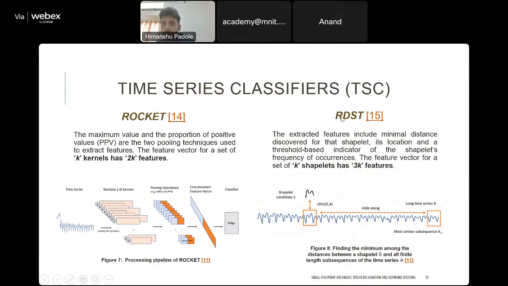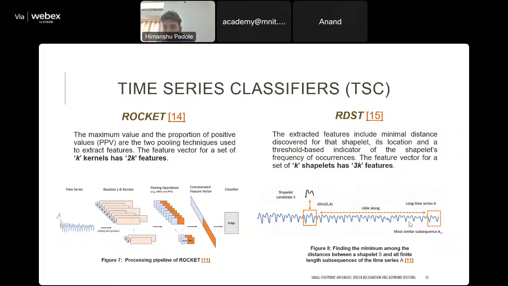When it comes to RDST, which is a random dilated shapelet transform, what it does is first select a predefined number of shapelets from the given time series, and then, for a given time series, it tries to find the minimum distance of the